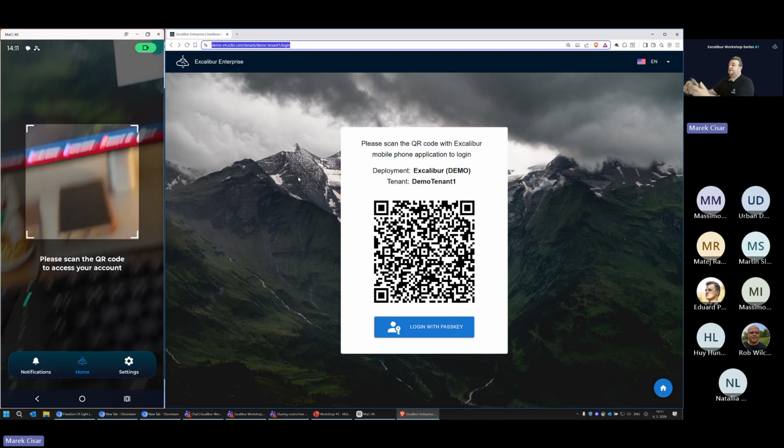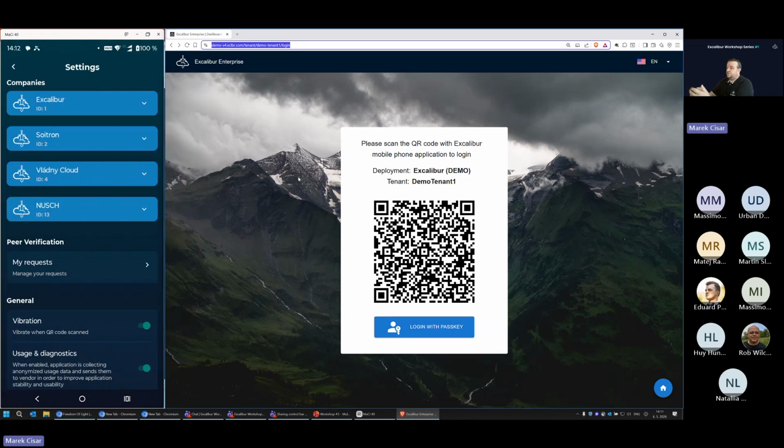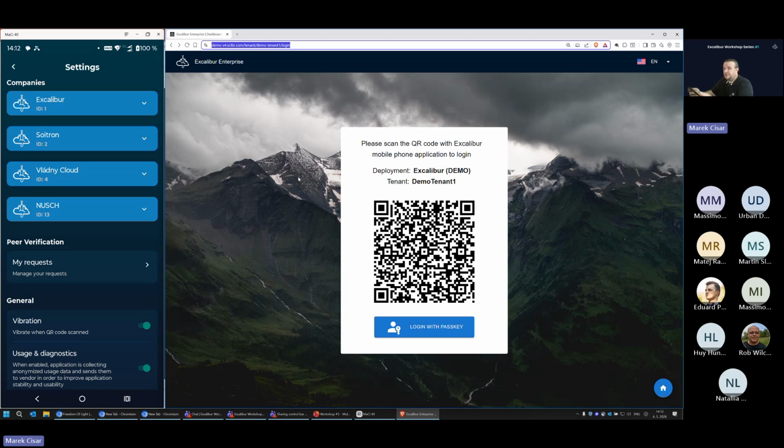So the tenant application basically allows users to be registered in multiple environments. Each environment can be multi-tenant, so a user can be registered using multiple user accounts in multiple environments consisting of multiple tenants, and each environment can be configured in a different way.